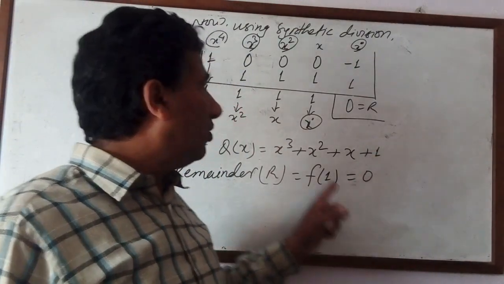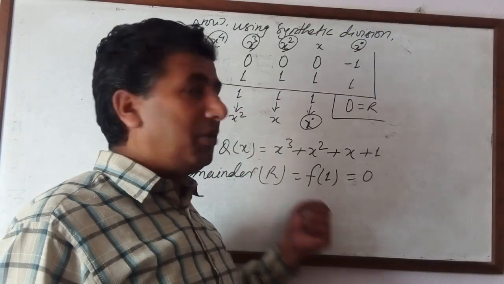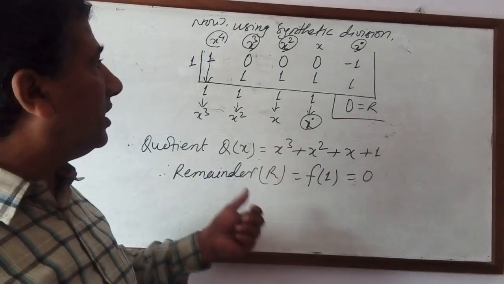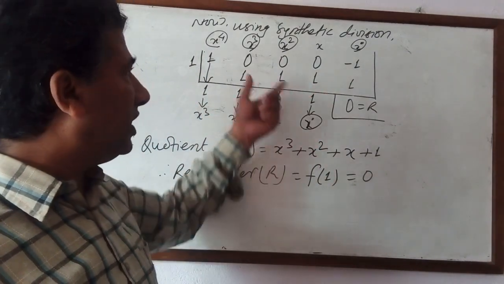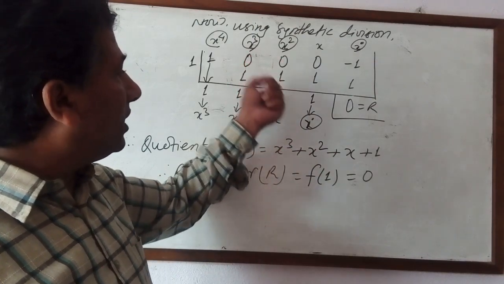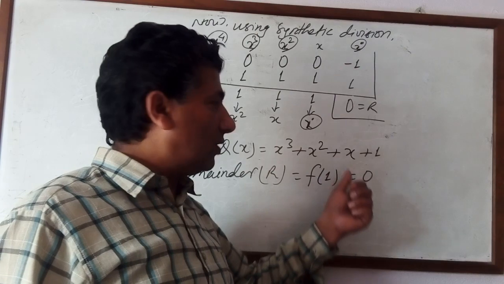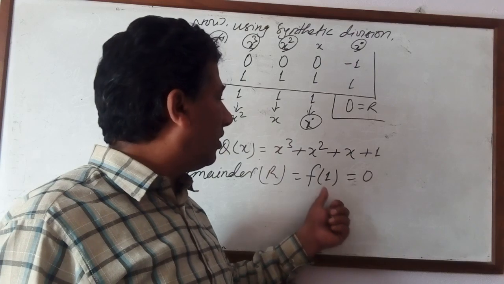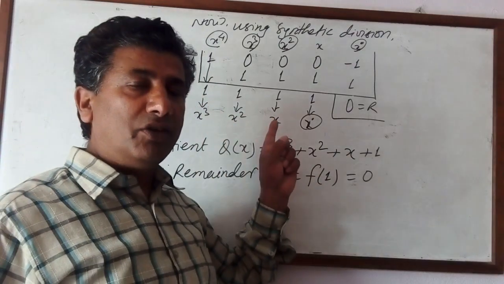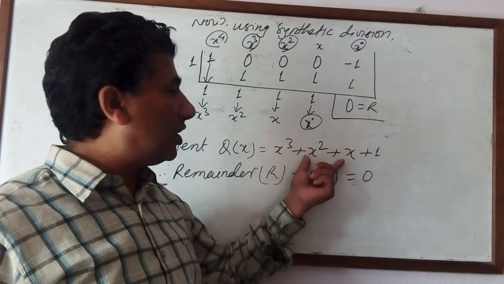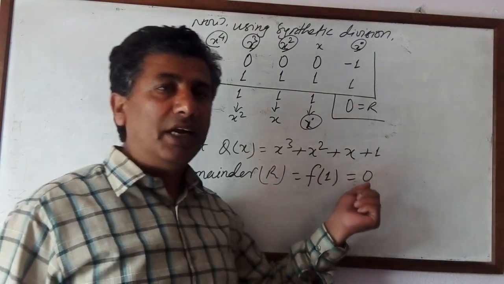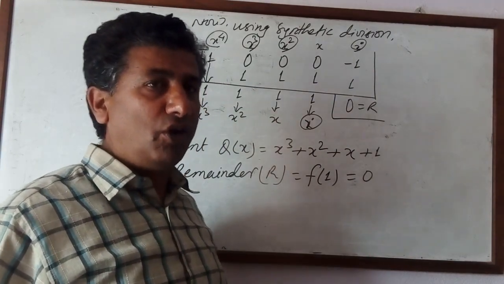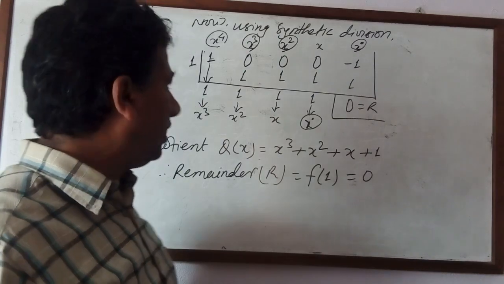Remainder is 0. Now what is the difference between remainder theorem and this? Remainder theorem gives only the remainder. And synthetic division is a short method of direct division, it is easy for us. By synthetic division we can find the quotient as well as the remainder, both. That's why if you need only the remainder, you can use the remainder theorem, but if you need the quotient also, then use synthetic division. And this synthetic division we use to find factors of a polynomial. I'll come to that in my next video.